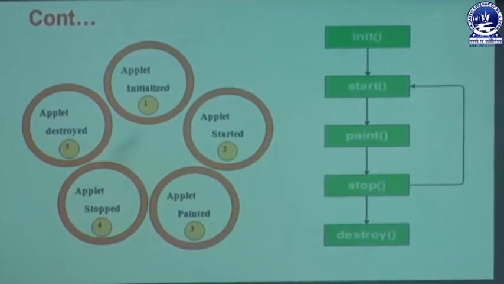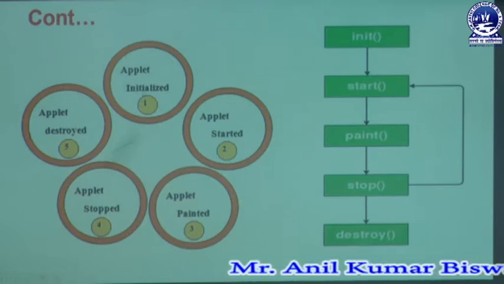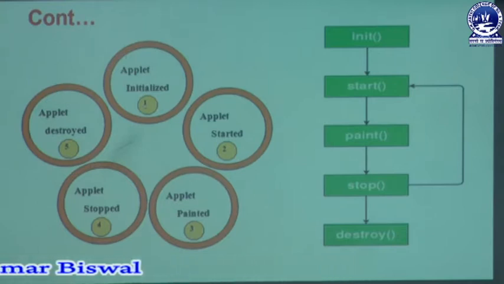Next we can focus on the slide which is displaying the architecture of the life cycle of the applet concept. We know that the first process, named applet initialized, belongs to the first state. Whenever a user wants to create applet code, at that time the user moves to the applet initialized state. It is the beginning state of an applet. Next, whenever your applet is initialized, it automatically moves to applet started, which means it is invoking the start method. That start method, displayed on the right side, links with your applet started, which is step 2.